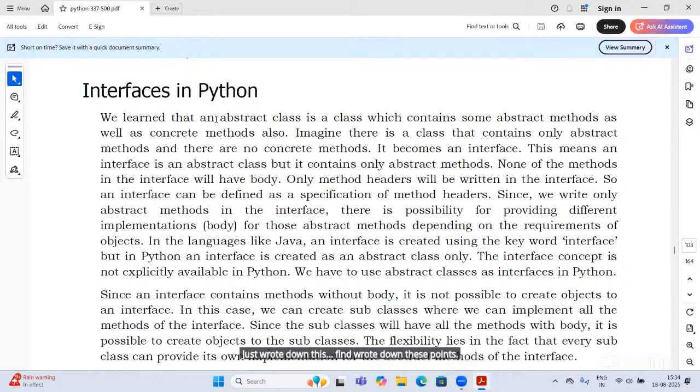We learned that an abstract class is a class which contains some abstract methods. Yes, an abstract class contains abstract methods as well as concrete methods also.